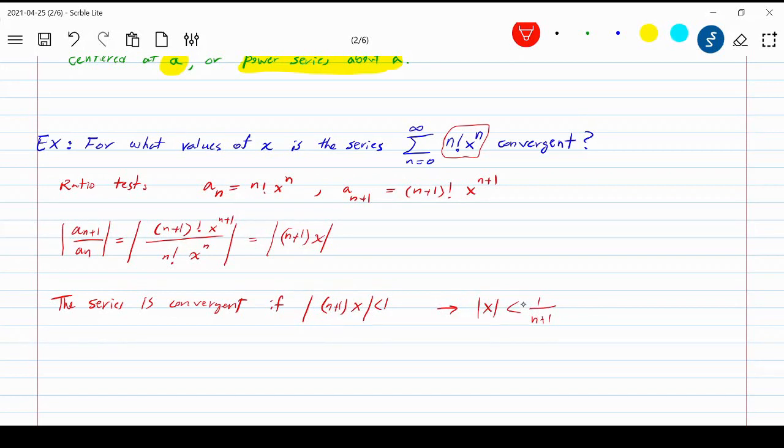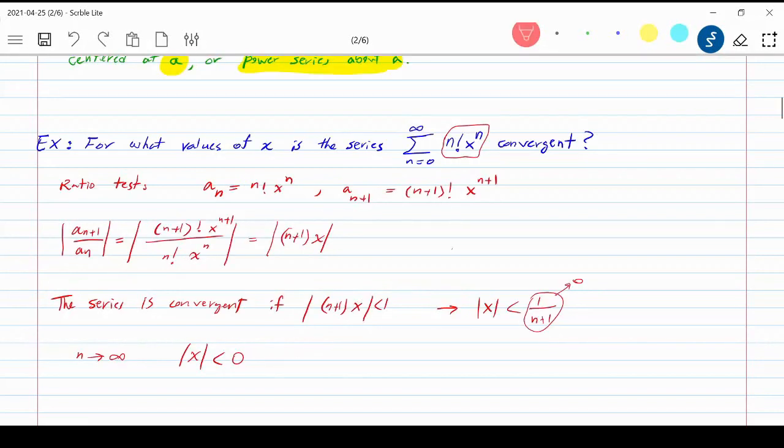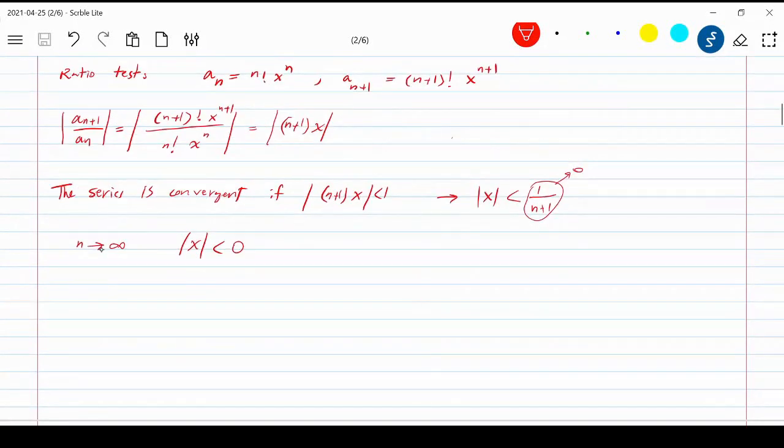And as we let n approach infinity, what happens? The absolute value of x must be less than 1 divided by infinity, which is basically 0, because as n approaches infinity, this term approaches 0. So it means the only time that we have convergence is when x is 0. Because if x is 0, then we have these terms be 0, and the sum of all the zeros would be 0. So here you can say the series